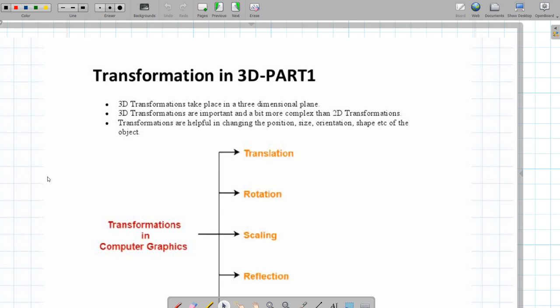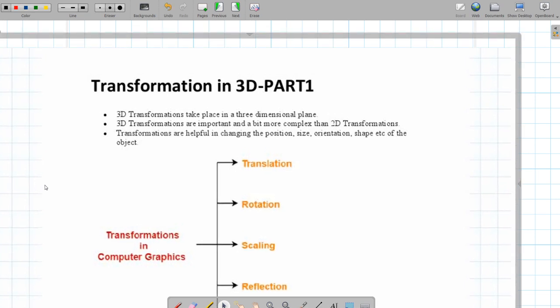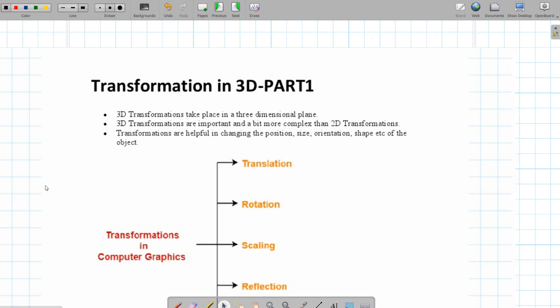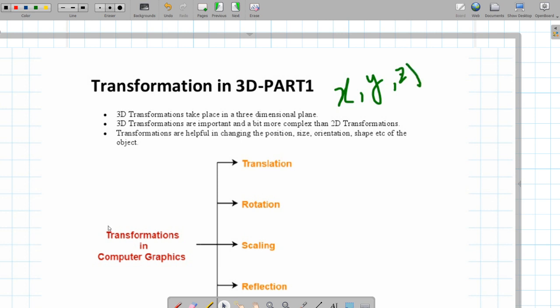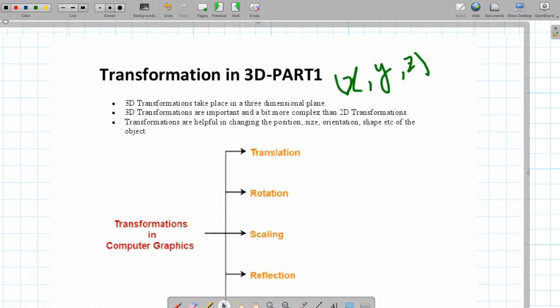In this tutorial, we are going to learn about transformation in three dimensions. Now, three-dimensional transformations take place in a three-dimensional plane. Now, as you know, an object in a three-dimensional plane can be defined in terms of three coordinate values: x, y, and z coordinates. Now, for transformation in 3D,